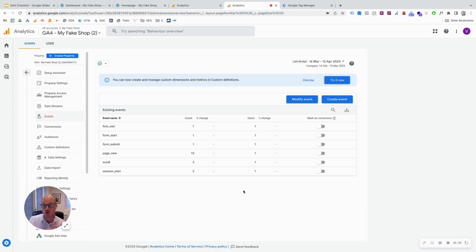So that could be a form submission, it could be a purchase, it could be a completed registration for your event, whatever that valuable action, file download, whatever it might be, right? PDF download, that valuable action is going to be marked as a conversion. Now, what happens here is that, of course, we need to specify and create customized events in order to